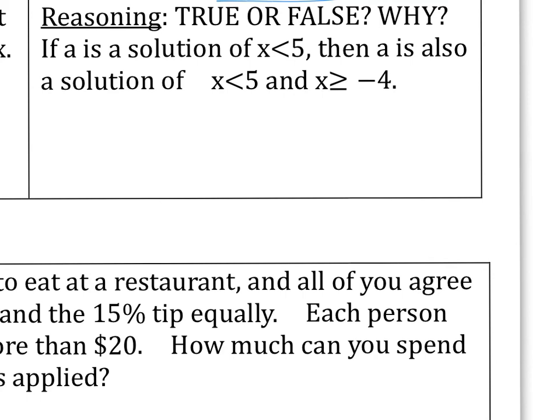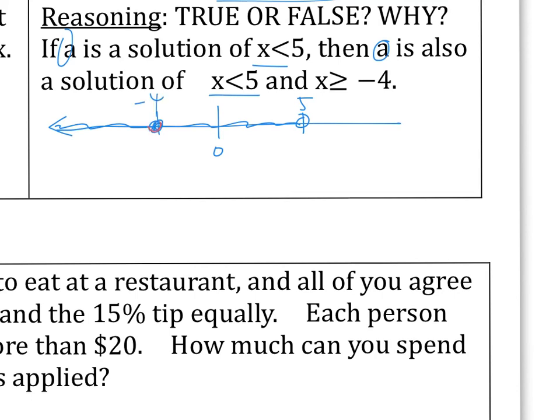Reasoning, true or false, why? If A is a solution of x less than 5, then A is also a solution of x less than 5 and x greater than or equal to negative 4. Okay, let's first graph each of these inequalities. X less than 5 is probably about here, and everything to the left. And x greater than or equal to negative 4